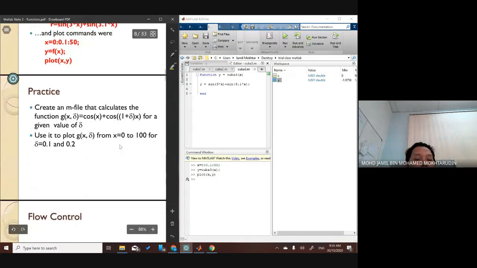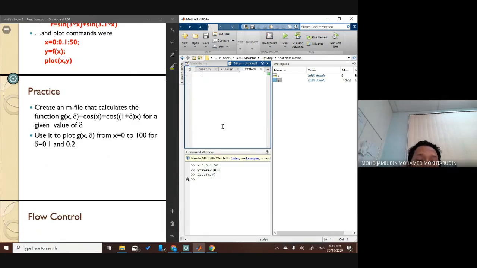Okay, so kita try practice. So create an M file that calculates the function gx_del equals cosine x plus cosine 1 plus del x for a given value of del. Use it to plot gx_del from x0 to 100 for del 0.1 and 0.2. So kita buatlah function g equals cuba 4 x del, okay,